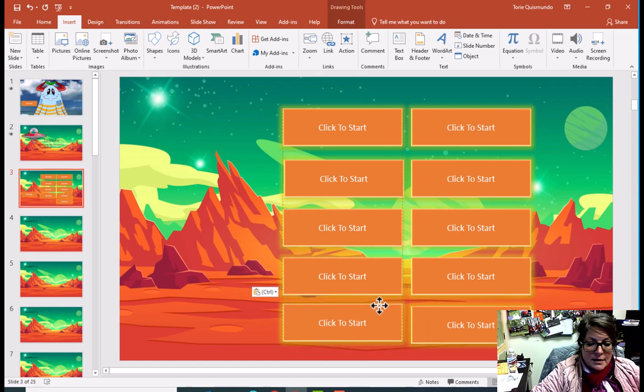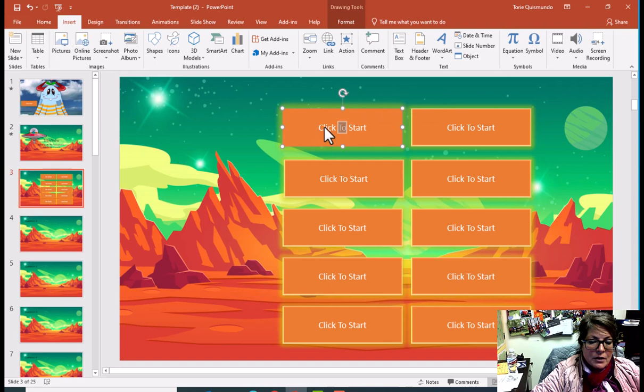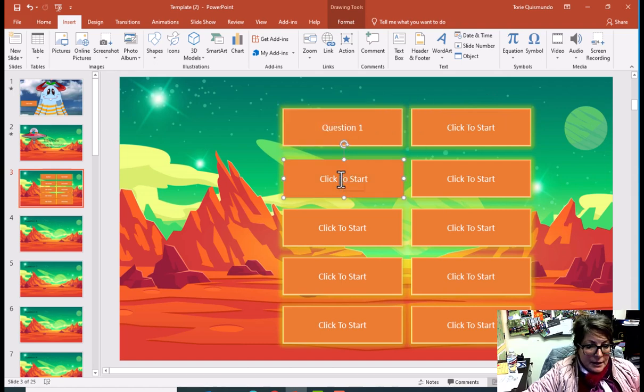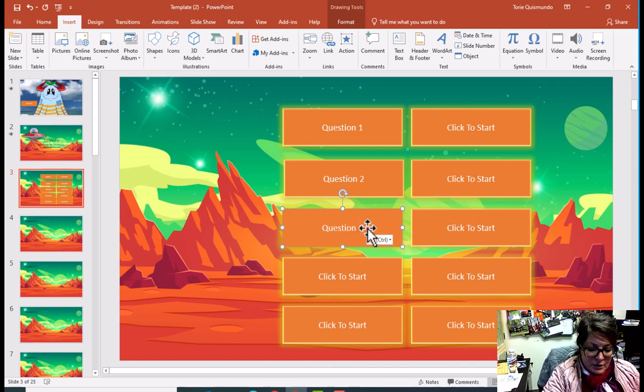I'm going to make these say, and I probably should have changed the text before I did this. So here I go. I'm going to change the text here, and I want my text to say question 1. But I'm actually going to copy this and now I'm going to paste it into all of these and change it to a 2. See where I'm going here, right? I'm going to keep going. Control V, question 3,